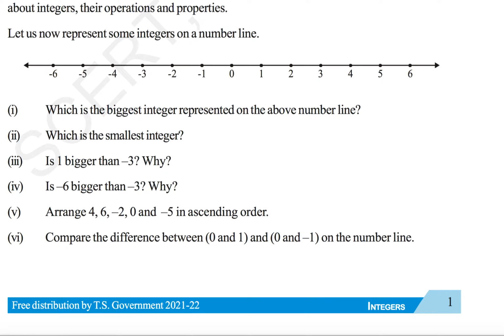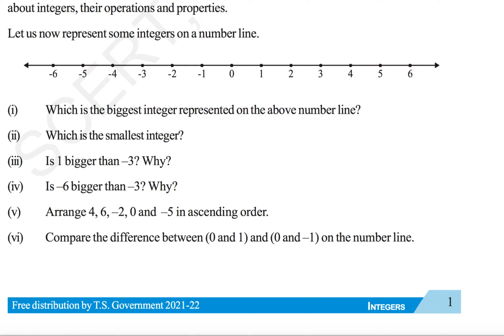You took a debt of 100 rupees from a bank, and your brother got 50 rupees in the bank. Who got more money? Your brother got more money. It is obvious and very simple, right? You have to repay the 100 rupees to the bank, and to become equal to your brother, you should have at least 150 rupees. Give 100 to the bank and 50 to become equal to your brother's money. That is the reason why 1 is bigger than minus 3.